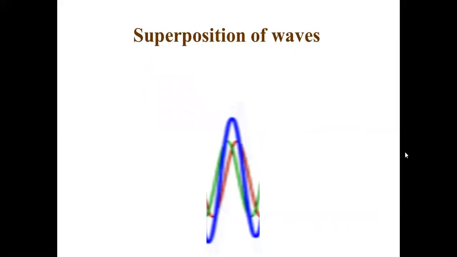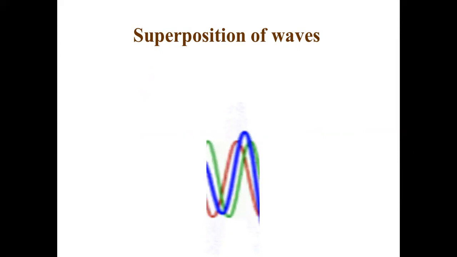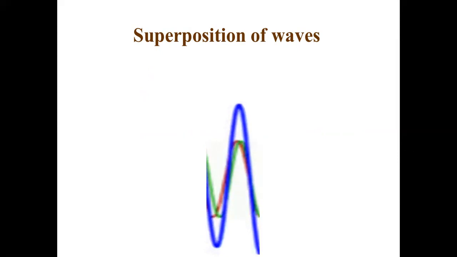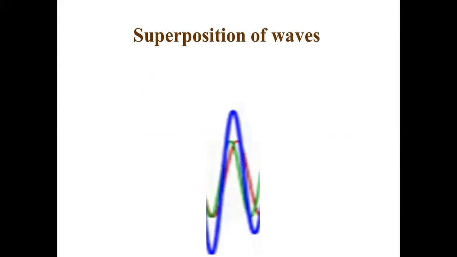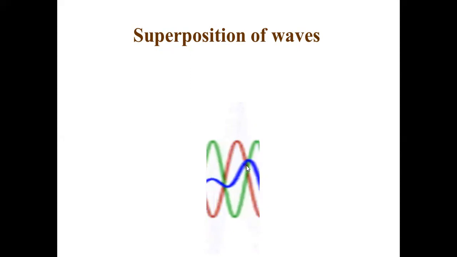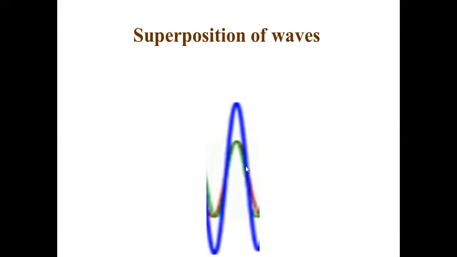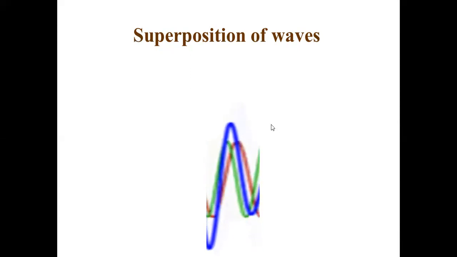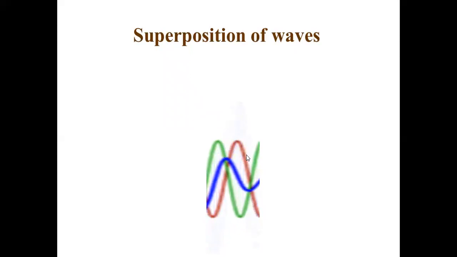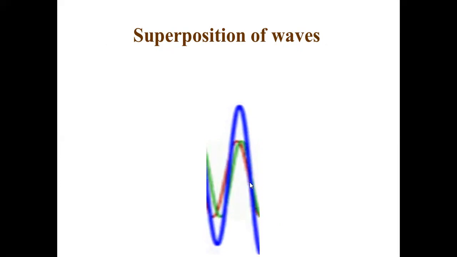Now we will go to the superposition of waves, which is very, very important, right? We will see how the two waves superpose. This we have understood a little bit last time. Now we will see it in the form of waves. Now here you have to understand it like this. Red colored wave is one wave, and this green colored wave is another wave. They were traveling together in a medium, and that green wave sometimes falls on the red wave with its crest and crest, sometimes on crest and trough. What will be the result? That is given by the blue wave, right?